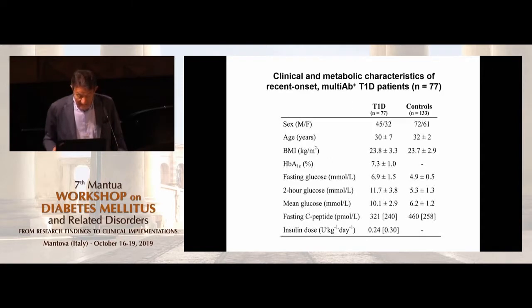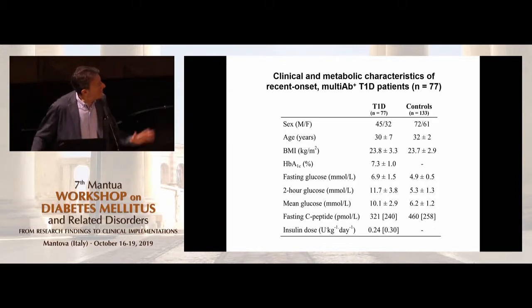And through collaborations, and this is the general theme of my presentation, this is all done through collaborations, I've put together data in 77 adult patients, with relatively short duration of diabetes, with a normal BMI, these are young people, and with a relatively well-controlled type 1 diabetes, and a control group that I could extract from previous data of non-diabetic subjects matched on age and BMI.